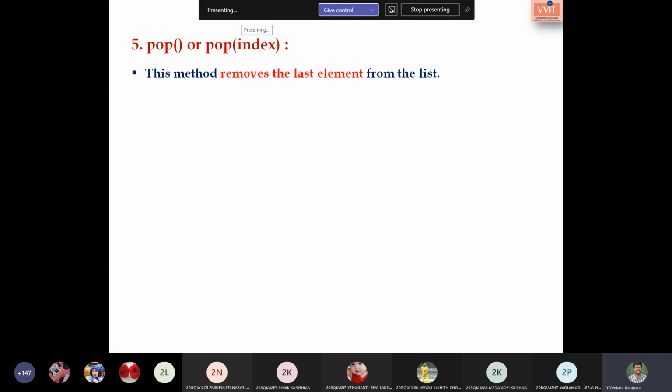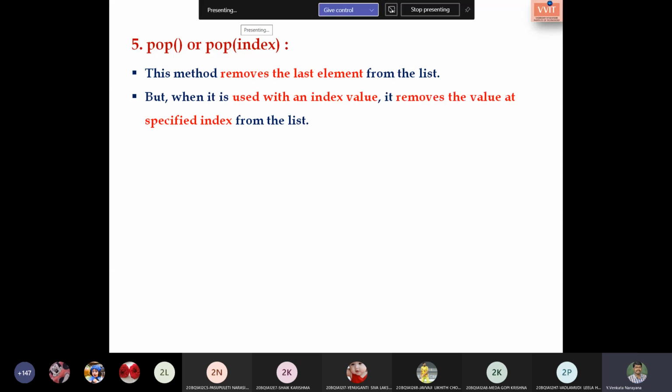This method is used to remove the last element from the list, or we can use an index value to remove. To remove the value at a specified index, we use pop of index, and to remove an element from the end of the list, we just use pop. I think the difference is clear.